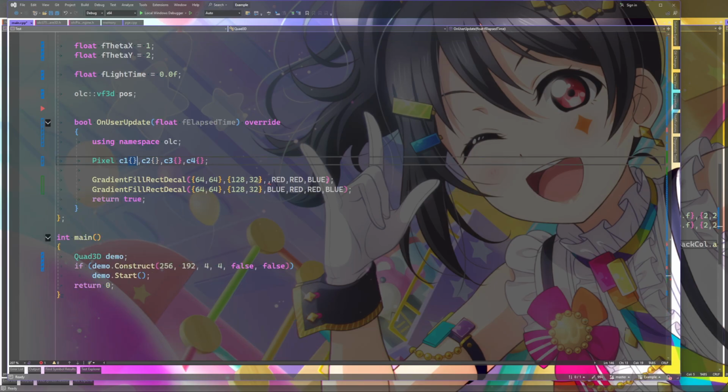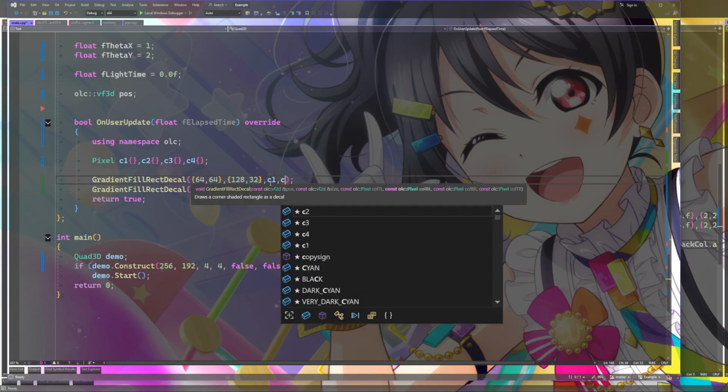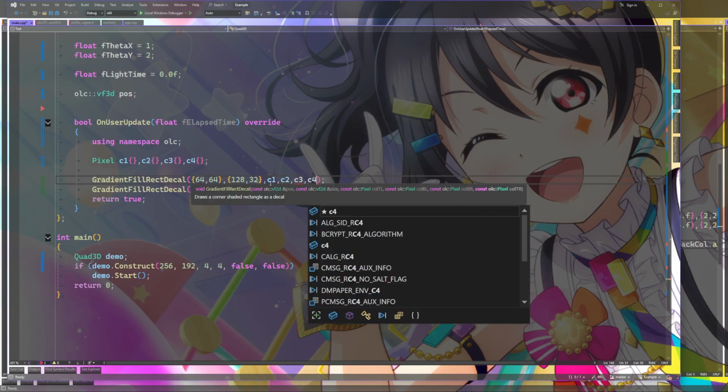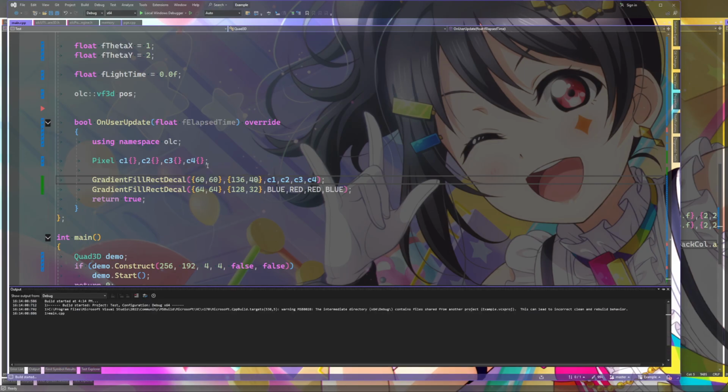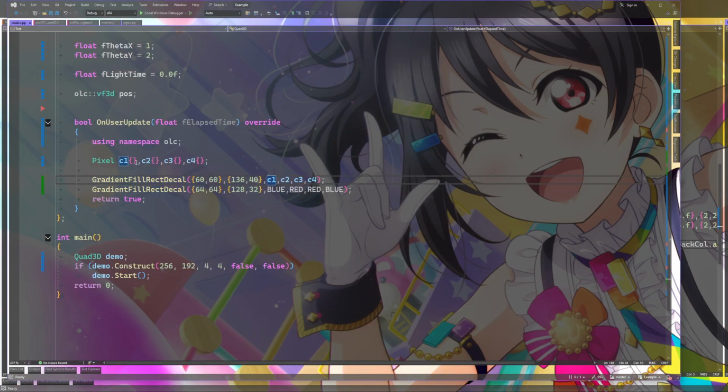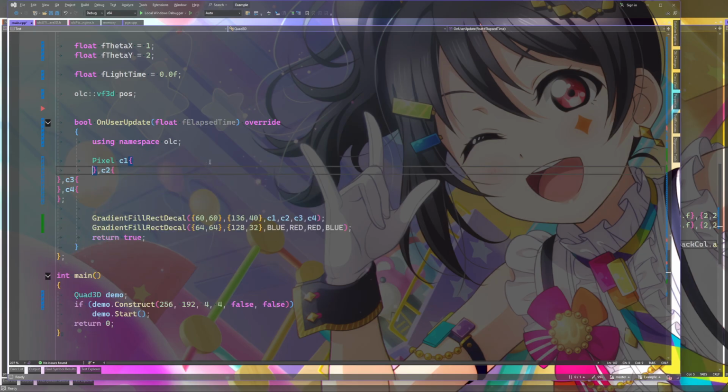Could be wrong. Or black. They'll either be white or black. Make this like a 4-pixel border. Okay, defaults to black. Let's make it white, just as a starting color, and then go from there.